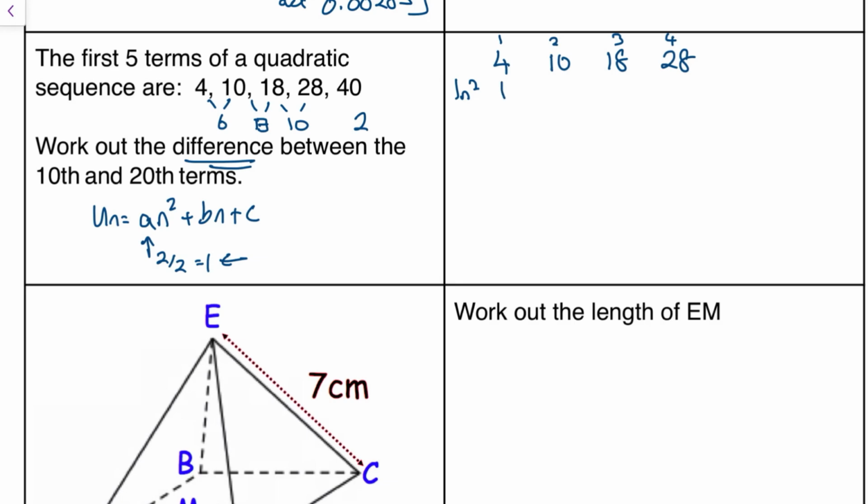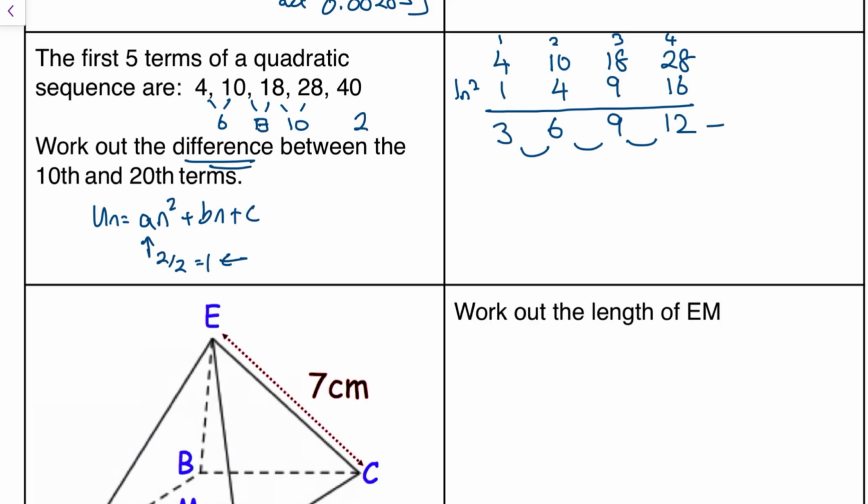2 squared is 4 times 1 is 4. 3 squared is 9 times 1 is 9. 4 squared is 16 times 1 is 16. And that's because I know the quadratic part. I know the n squared part. So if I take away the quadratic part, that leaves me 3, 6, 9, and 12, which I recognise as